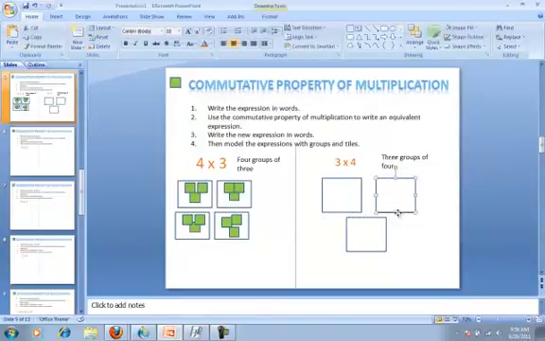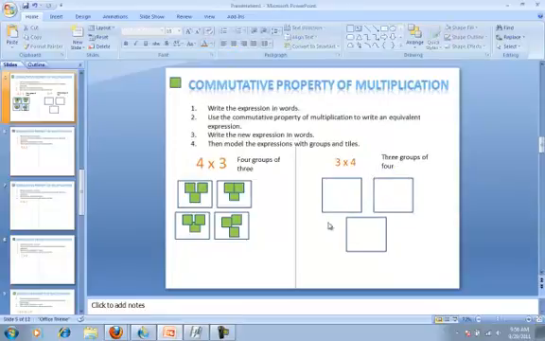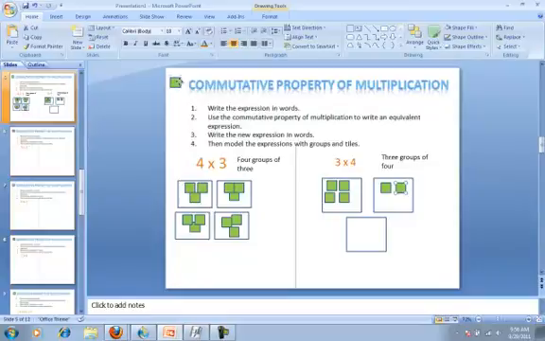Now how many tiles go in each group? If you said 4, you're right, 3 groups of 4. So 4 tiles will go in each group. That's 4, 5, 6, 7, 8, and 4 more